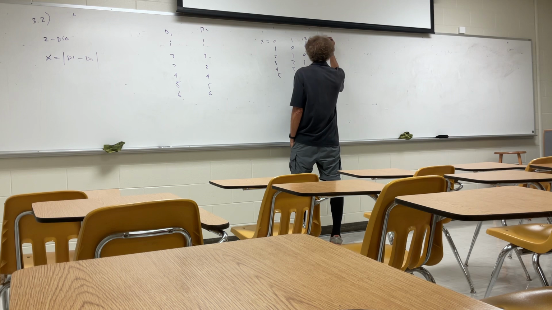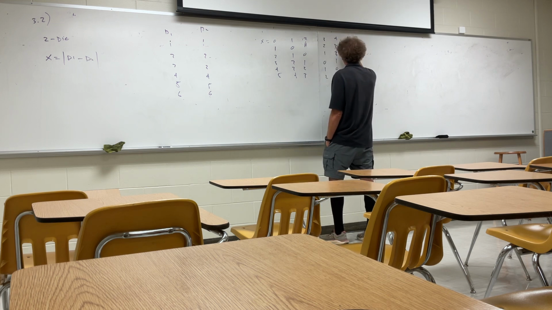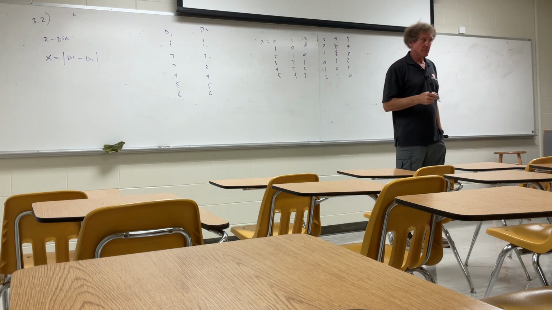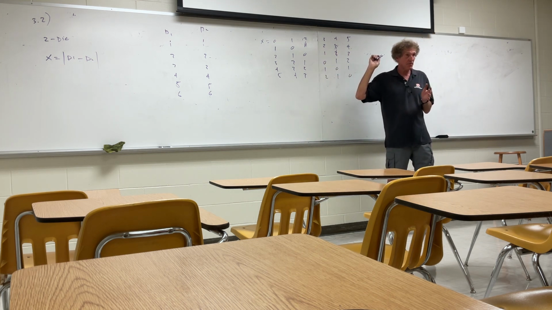Then you can get 3, 2, 1, 0, 1, 2, 4, 2, 4, 3, 2, 1, 0, 1. Finally, you get 5, 4, 3, 2, 1, and 0. And you take a look at that, right? Now we've got to get the probability mass function. Do you all know what I'm doing here? Those are every possibility that can happen when you roll those 2 dice. First, you agree with that. You don't have to write them down like this, but you have to see the pattern to know what they would be. Y'all with me?